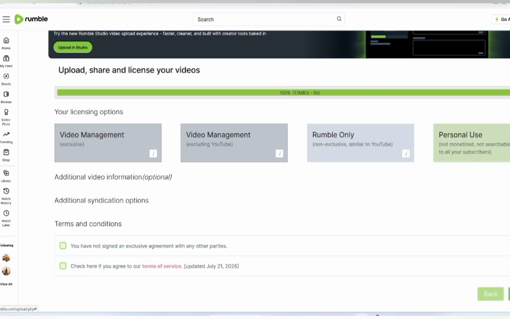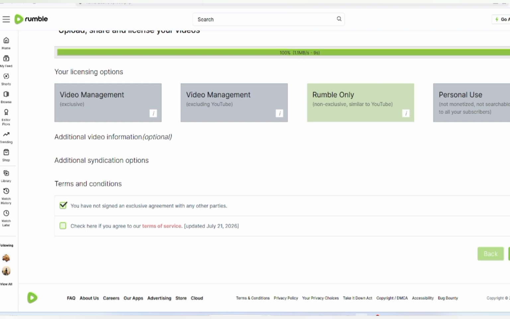So for me, I'll just use Rumble only because this video is already on YouTube and I don't want any copyright. So I'll choose. How do you know you've chosen? It should be in green. When it is gray, you've not chosen. When it's green, it is chosen. Then after that,